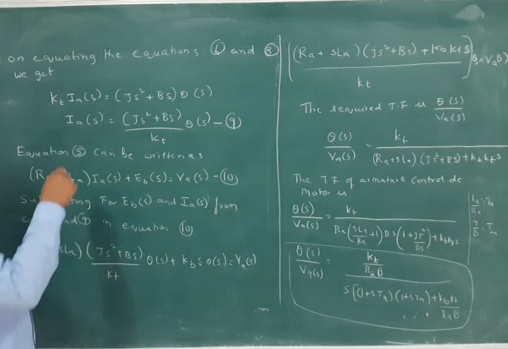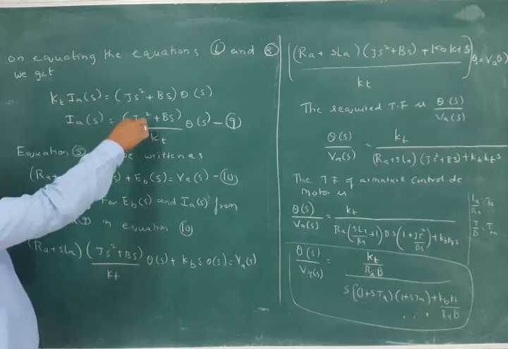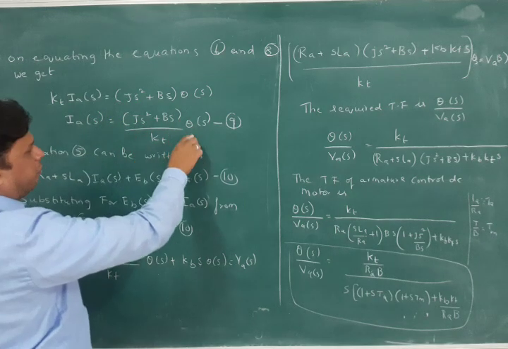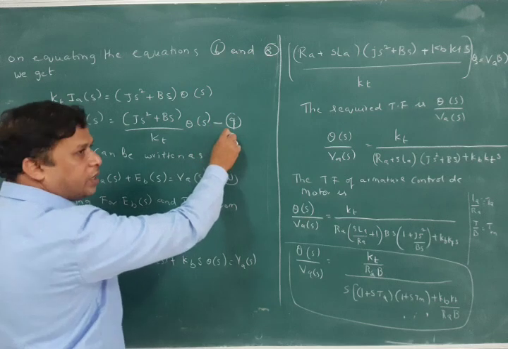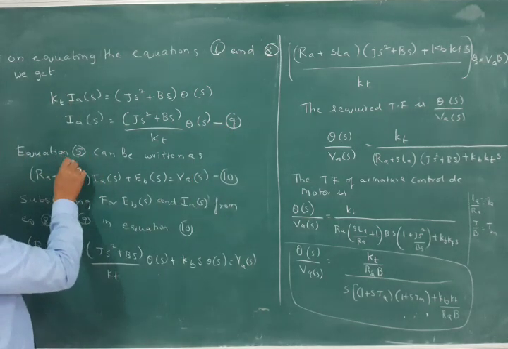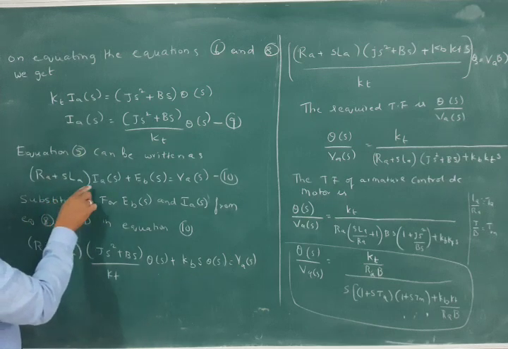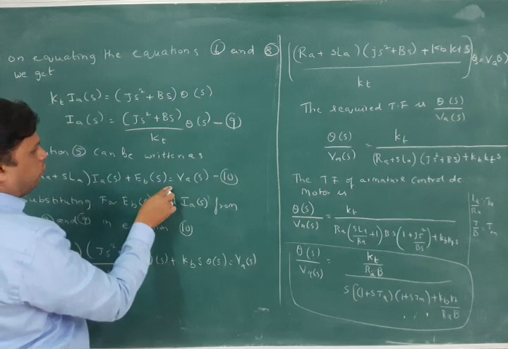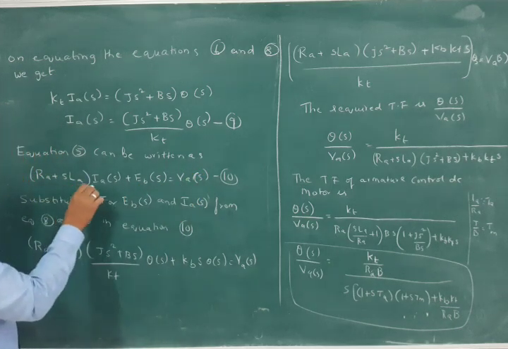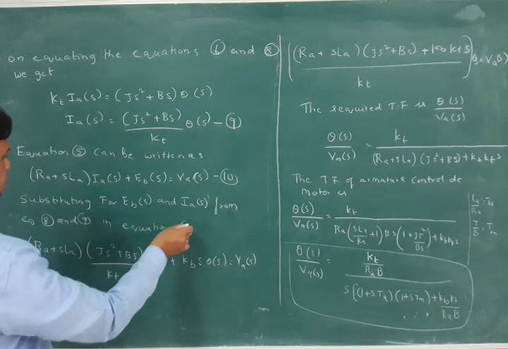So from that we are taking this Ia of s. Ia of s is equals to (Js square plus Bs) by Kt, we are sending Kt this side, into theta of s. So this may be written as equation number 9. After writing equation number 9 we go for equation 5 again. What we have written is (Ra plus sLa) into Ia of s plus Eb of s is equals to Va of s. So we will write that equation here and substitute for Eb of s and Ia of s from 8